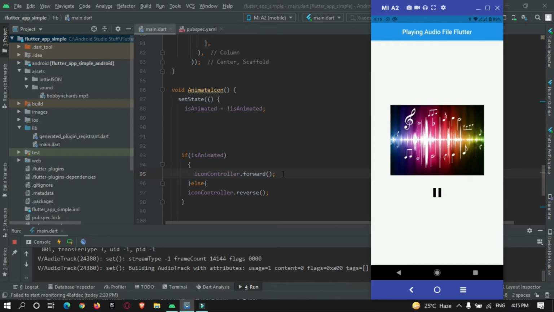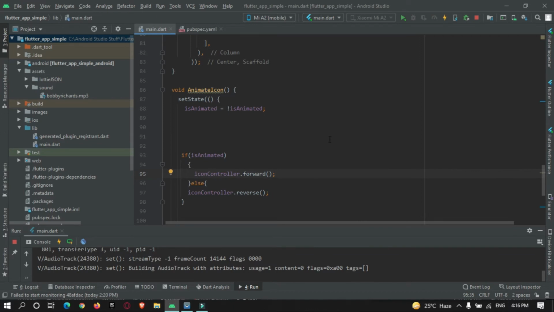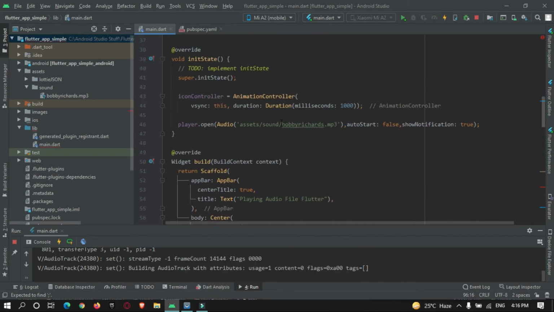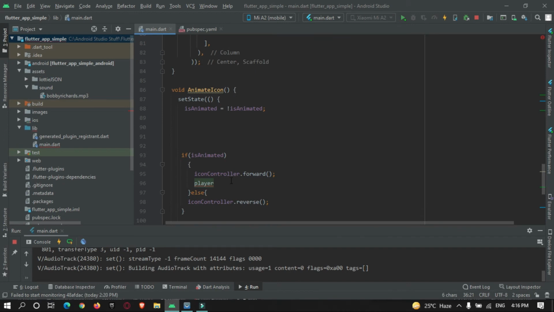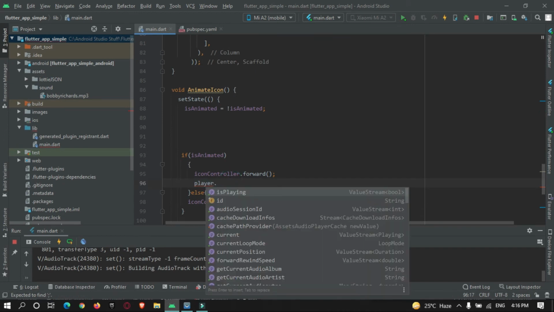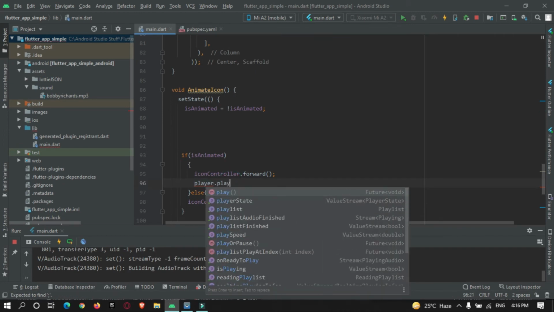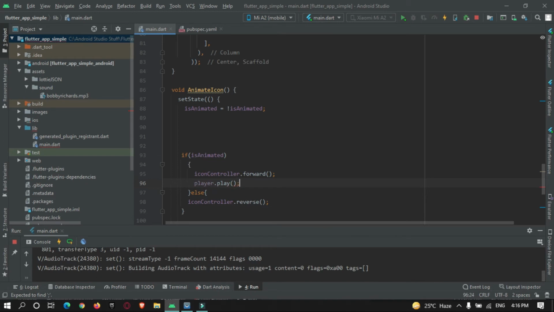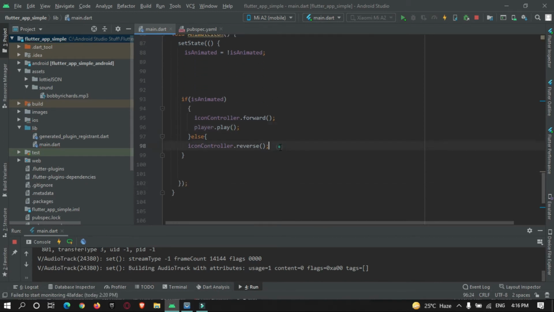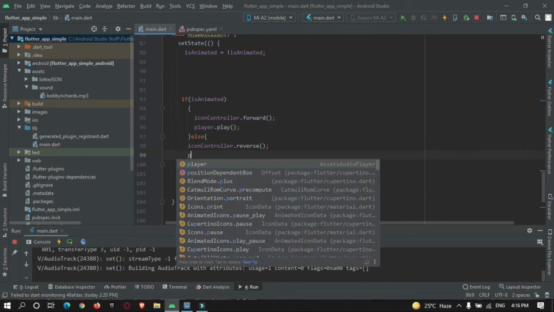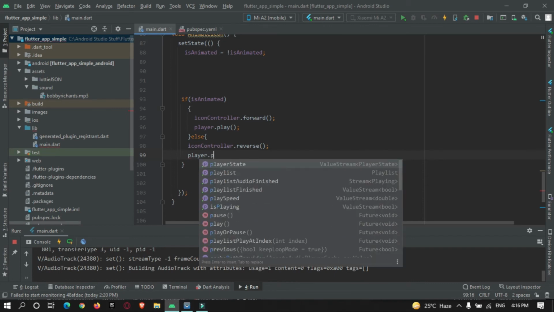Here I need to play and pause the audio file, turning it on. You can make use of your object, player dot play. This is the function that will start your audio file, and player dot pause.